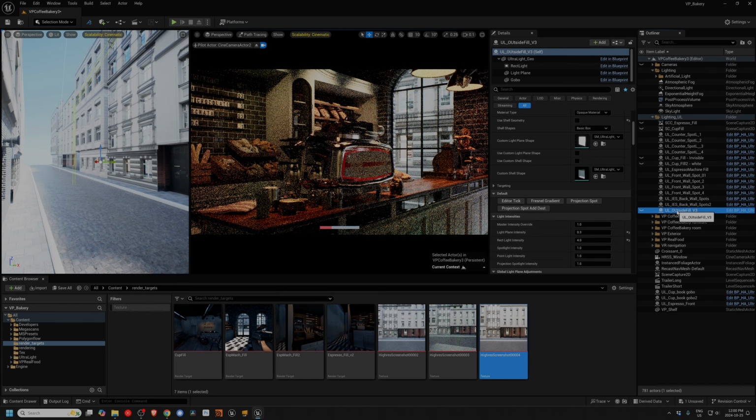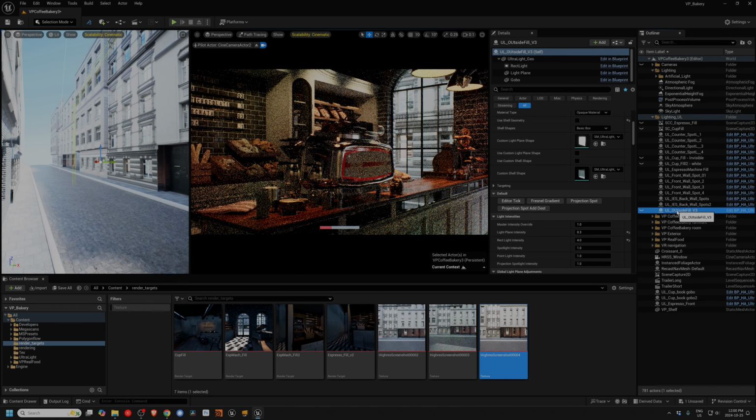So this is the light that has no light plane activated. Let's just turn that on. We'll use this one as our baseline. That's kind of positioned already. So for now, we're just going to hide that. So what we need to do now is position ourselves, roughly at the position of the window and seeing what